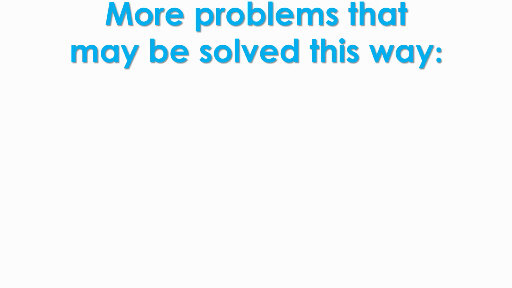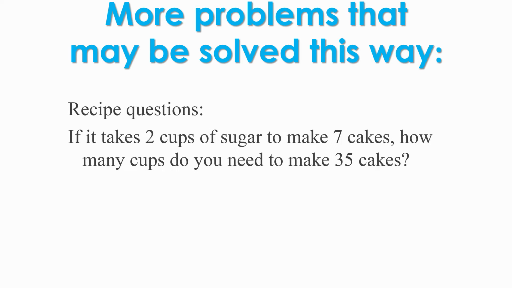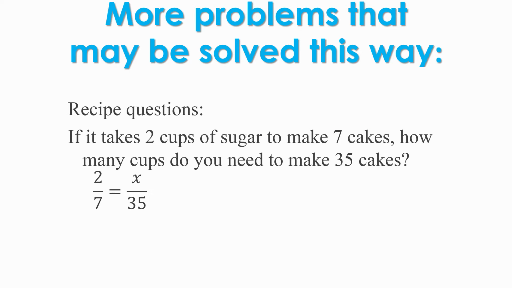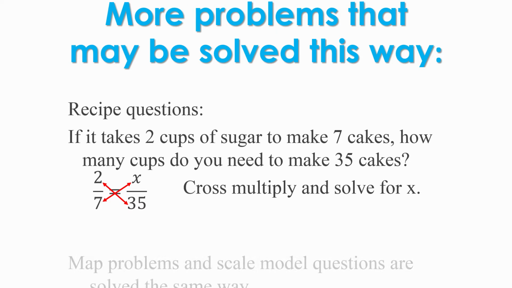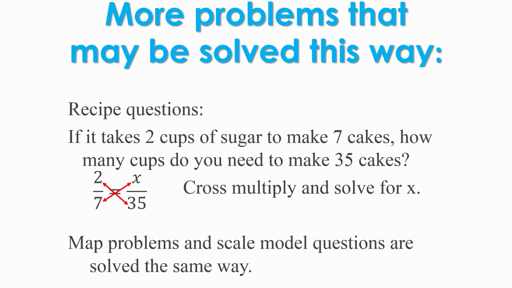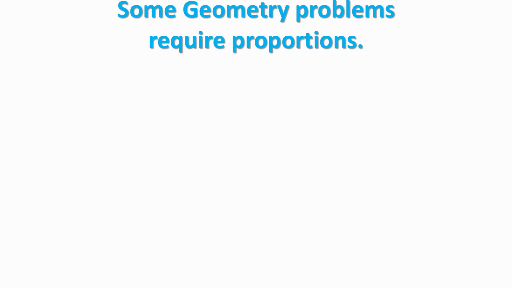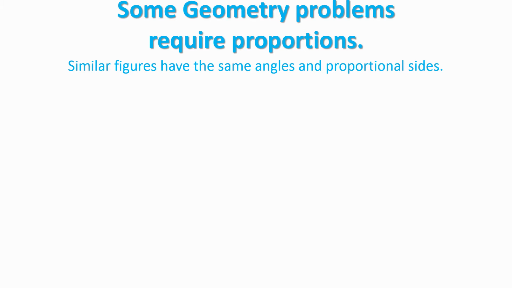Other kinds of problems that are solved this way are recipe questions. For example, if it takes 2 cups of sugar to make 7 cakes, how many cups do you need to make 35 cakes? 2 over 7 equals x over 35, cross multiply, and solve. Map problems, scale model questions, they're solved the same way. Some geometry problems also require proportions. Similar figures have the same angles